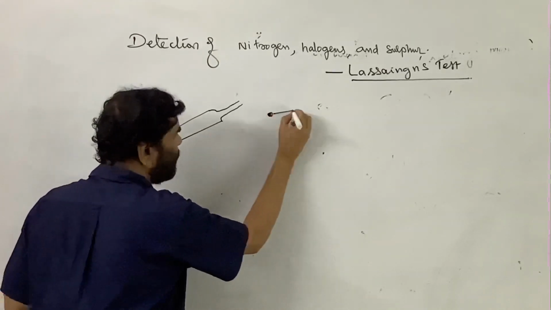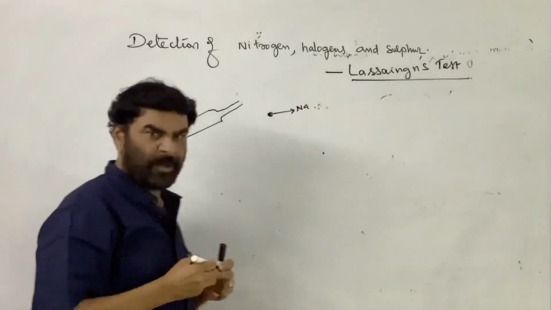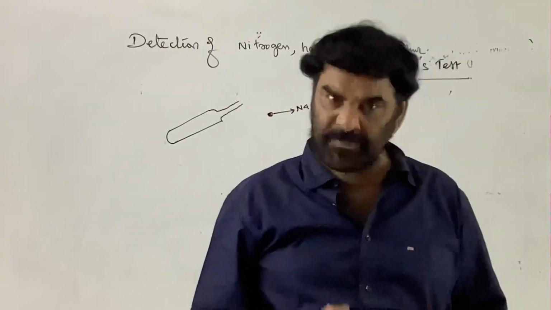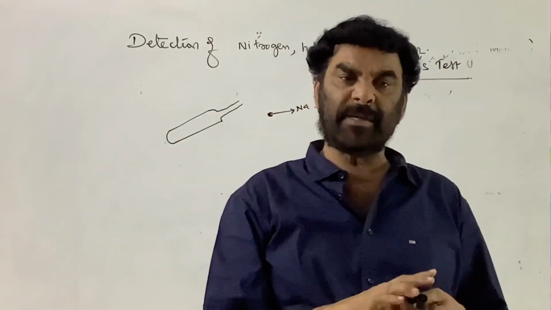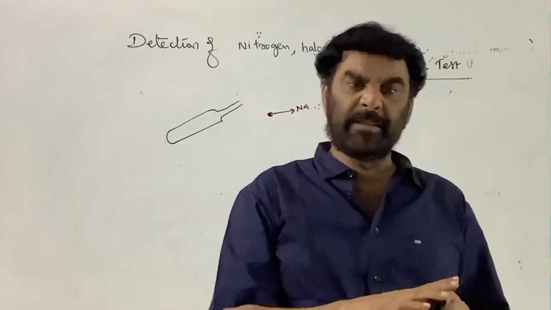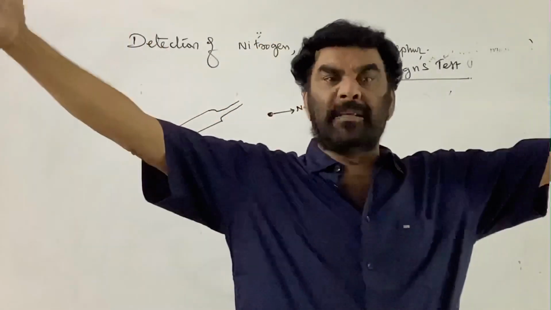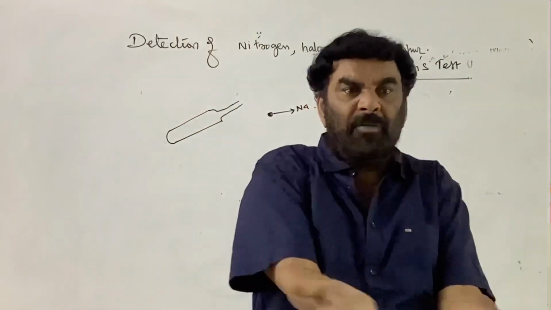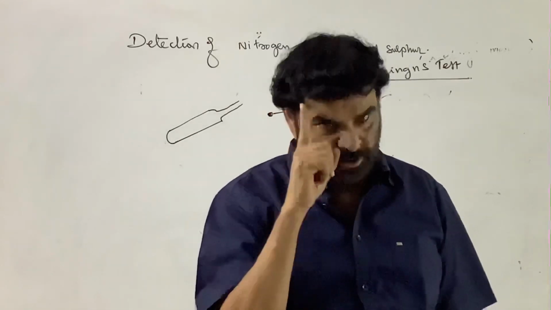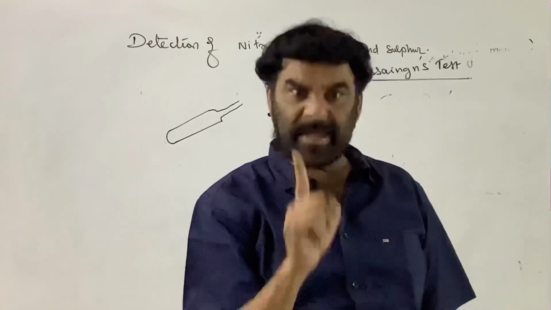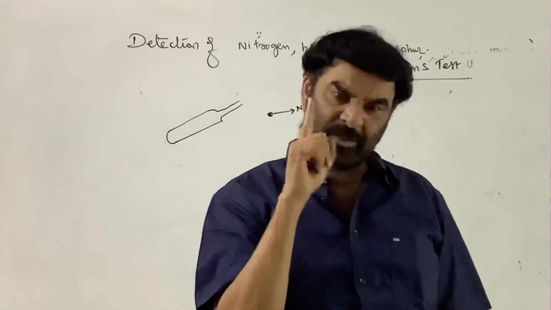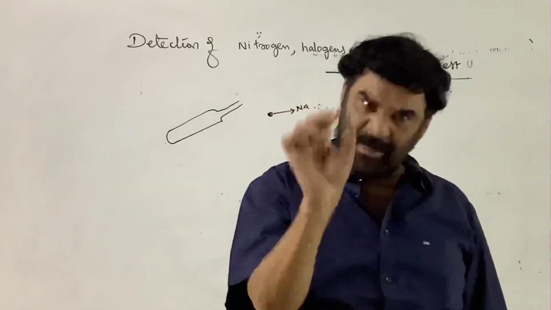Freshly cut piece of sodium. Take the sodium. Sodium reacts with the atmosphere. It reacts with the H2O present in the atmosphere, oxygen present in the atmosphere. It reacts with the carbon dioxide. Therefore, what happens? Superficially, a crust is formed over the sodium piece. That crust is nothing but sodium carbonate, sodium bicarbonate, sodium hydroxide, and sodium oxide. So, several compounds.